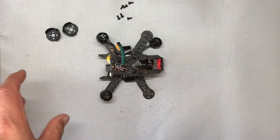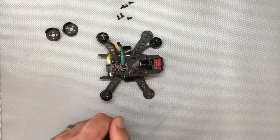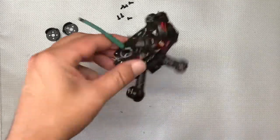Hey kids, it's JJ. Got a quick tip demonstration for you today. I've had a couple of my friends ask me about swapping out motors on micro quads, micro brushless quads, like